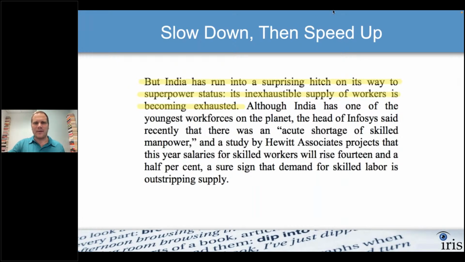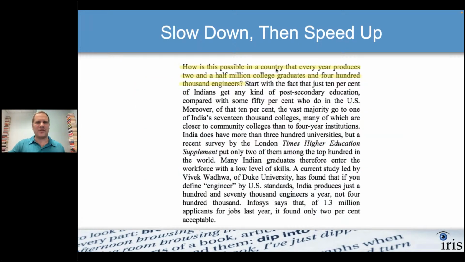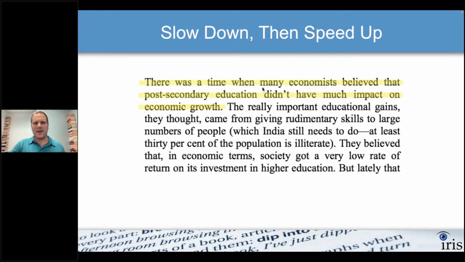Here we have another sentence that reads, but India has run into a surprising hitch on its way to superpower status. Its inexhaustible supply of workers is becoming exhausted. Interesting. Now we get to the next paragraph. How is this possible in a country that every year produces 2.5 million college graduates and 400,000 engineers? Interesting. Next paragraph. There was a time when many economists believed that post-secondary education didn't have much impact on economic